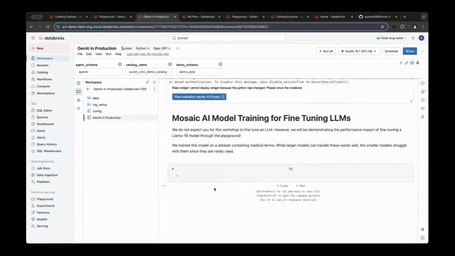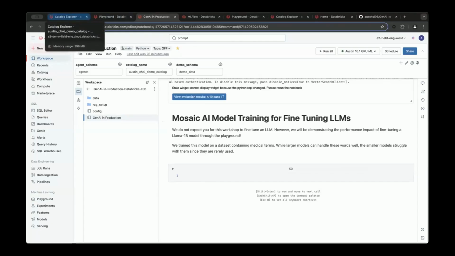Okay, so when it is, we have a lot of different tools post-production that you just saw near the end of Tyler's presentation that help in operationalizing and maintaining your RAG chatbot or any other GenAI application after release. So one thing I'll point out alongside this is the Mosaic Composer training for fine-tuning large language models, particularly because I can show you how AI query would work in this case, including fine-tuned large language models. So